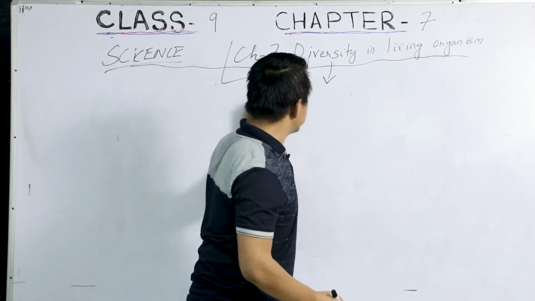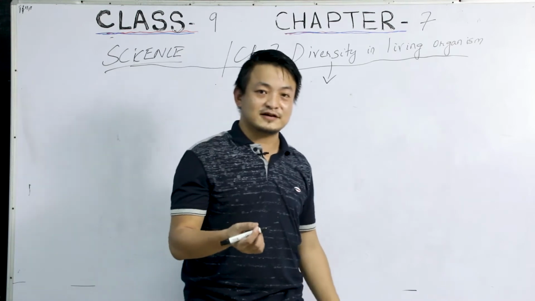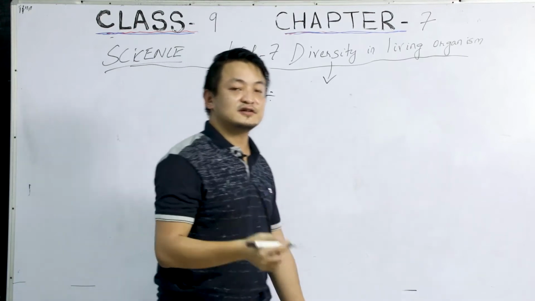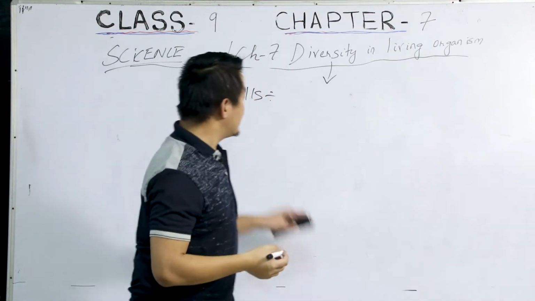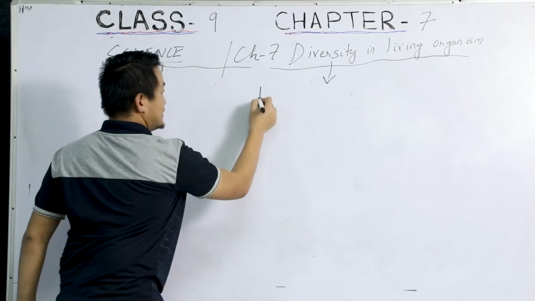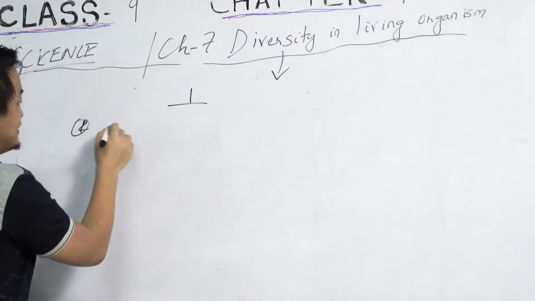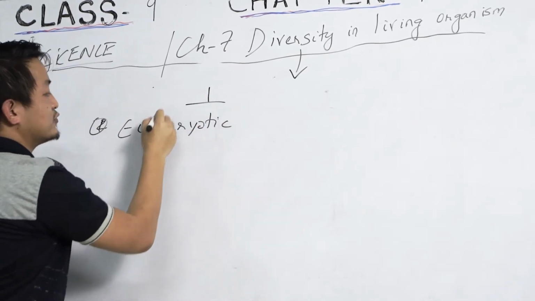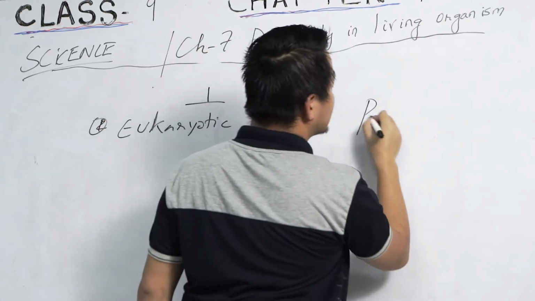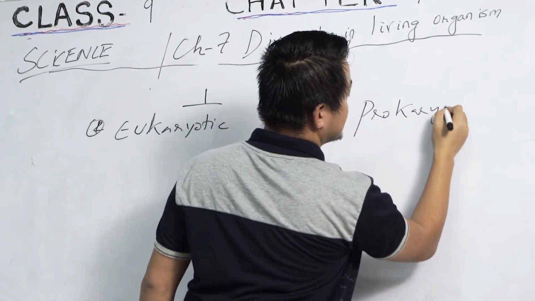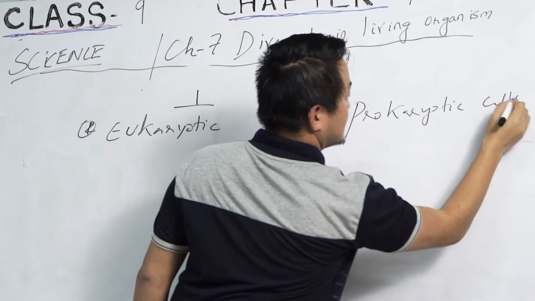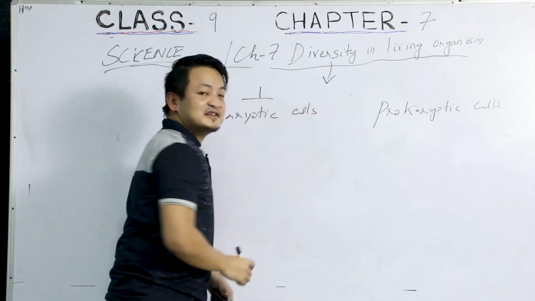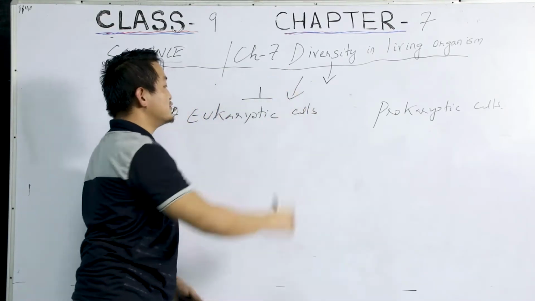Okay, so students, as you all know, cells, right? Cells, from class 8 you have studied, right? Cells are the basic structural and functional unit of life, right? So now we will study two types of cells, that is eukaryotic cells, clear? Eukaryotic cells and prokaryotic cells. So human beings will fall under which cells? Eukaryotic or prokaryotic cells? We will fall under these eukaryotic cells.